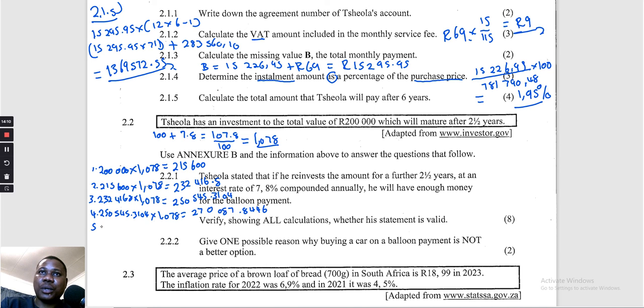So when you go to number 5, or the fifth year, it's going to be 270,087.8446 multiplied by 1,078, and that gives us an amount of